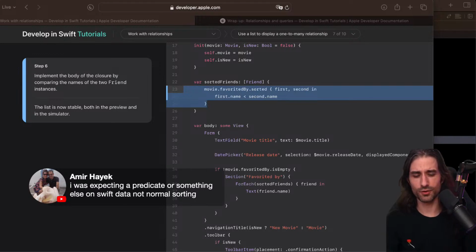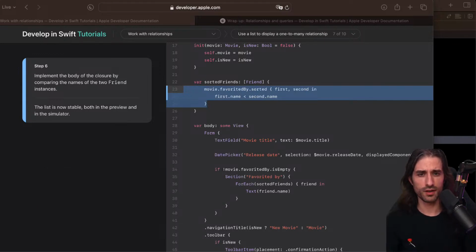Not a predicate, because a predicate is a function that returns a Boolean. Actually, I see why you use the word predicate, because this also returns a Boolean, but yes, it's more of a sort descriptor, in the sense that usually a predicate you don't really use the same way as a sort descriptor. But I agree that the two things are actually very, very common. And I was about to say it's not a predicate, but no, a sort descriptor is a predicate with two variables.